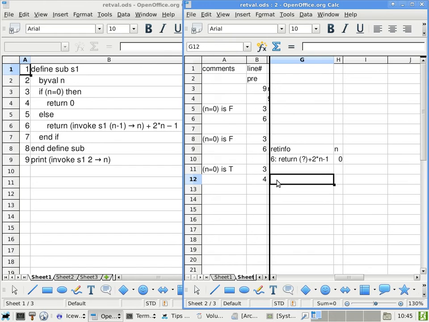Line 4 is a return statement, and there's no invocation to do anymore, which means we can just go ahead and execute line 4. What do we do when we execute line 4, which